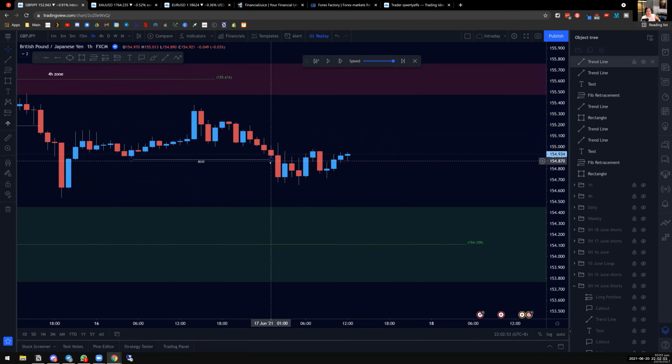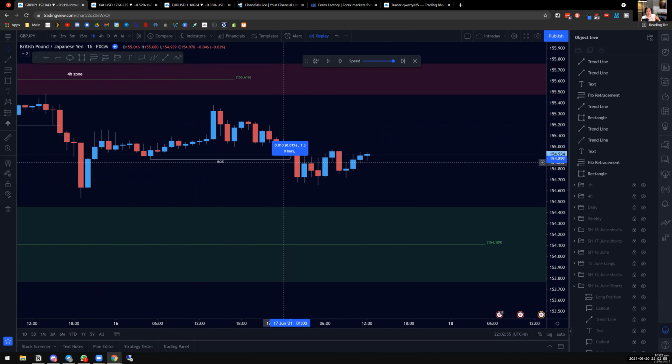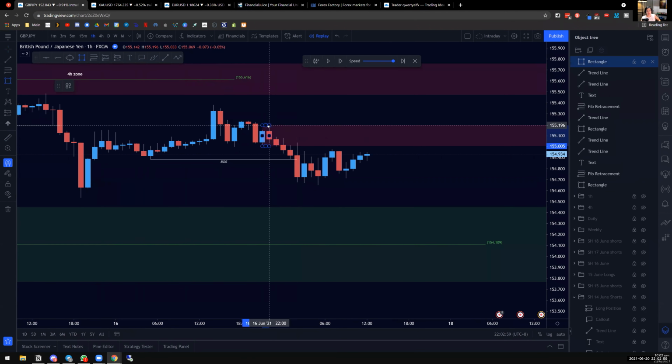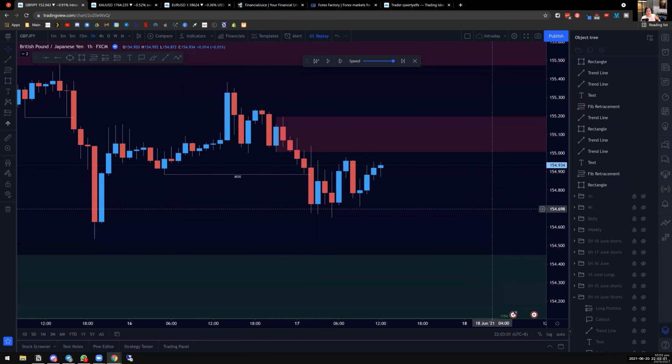This is the breakout structure, right? On the hourly it's the same area. Your hourly zone is here now. So the one that validated the zone is this candle when it came out. None of the candles after that touched the 50%. So if you were to put it up,